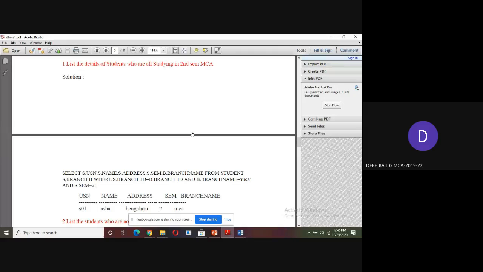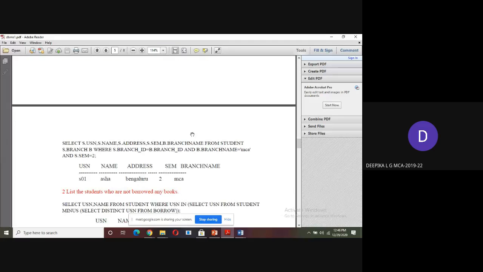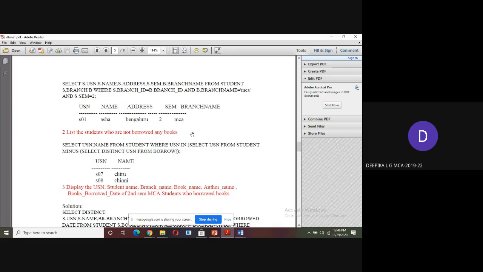The query is select S.USN, S.name, S.address, S.SEM, B.branch name from the student, branch, where branch ID is related to table student, having the branch name MCA and having the SEM 2, second SEM, and USN, and it displays the output. Then in the second query, who are all the students who have not borrowed any books,